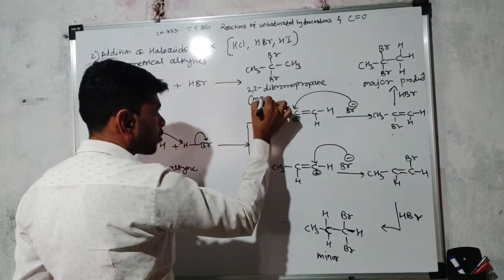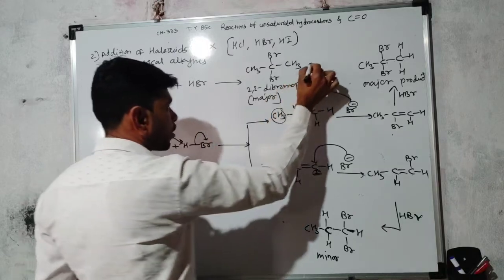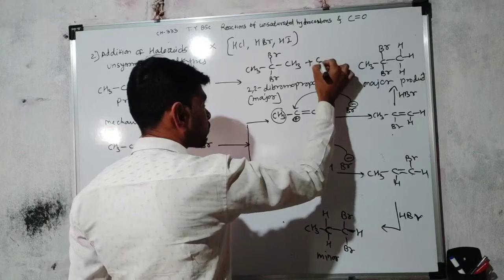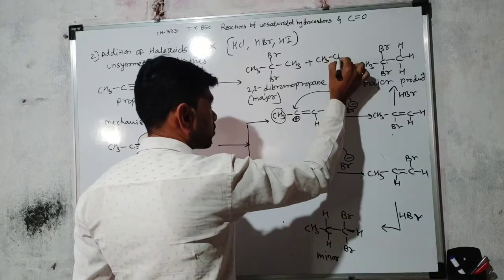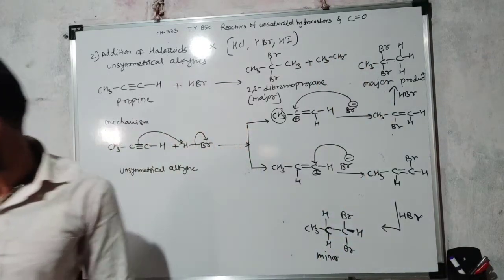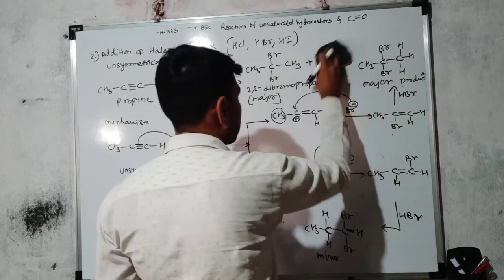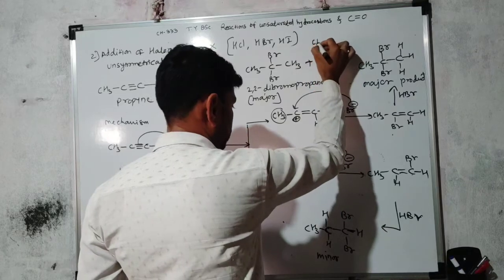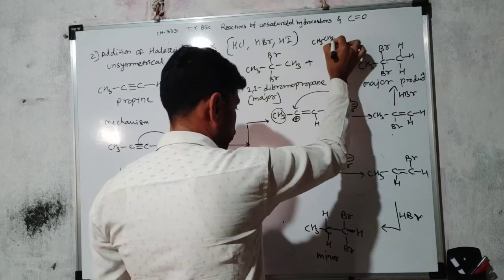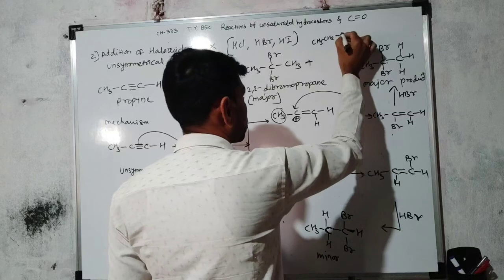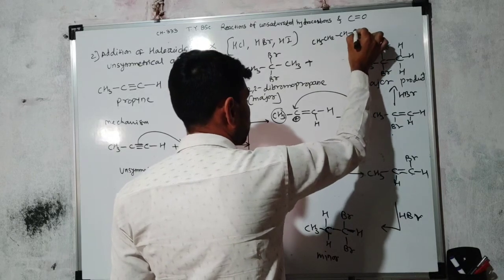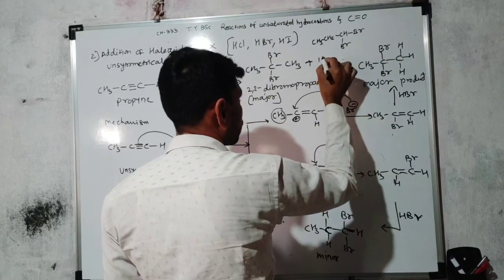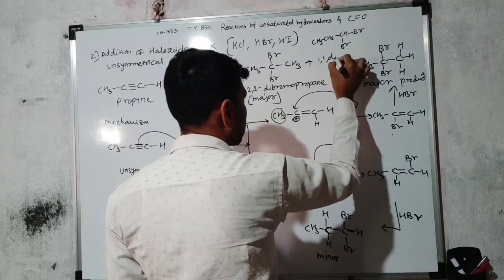So this is the major product here, and plus we obtain another in smaller quantity. The product is a CH3 CH2, I'm writing here above, plus we obtain CH3 CH2 CH Br, so 1,1-dibromo